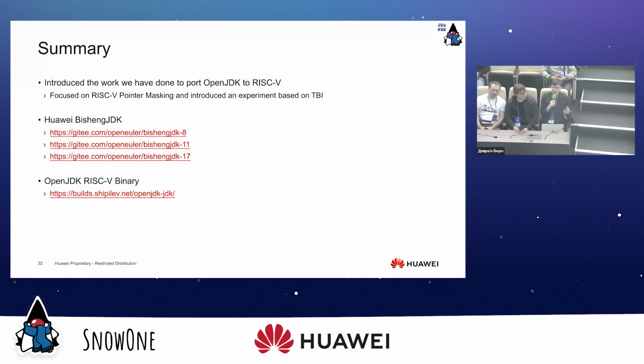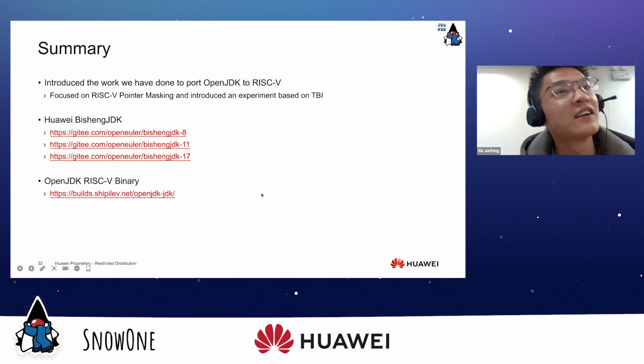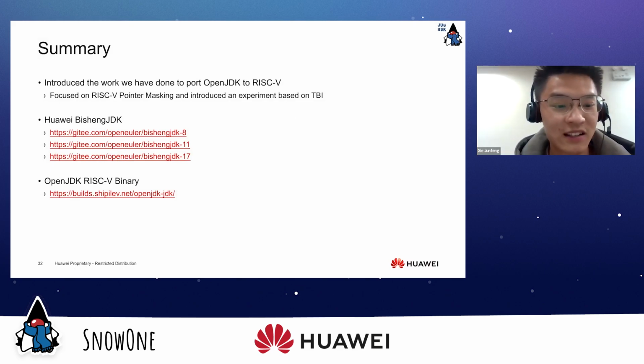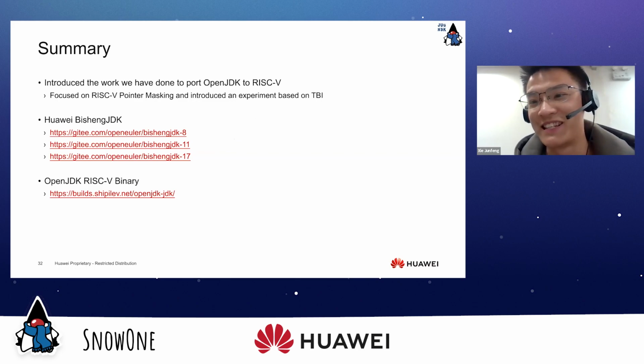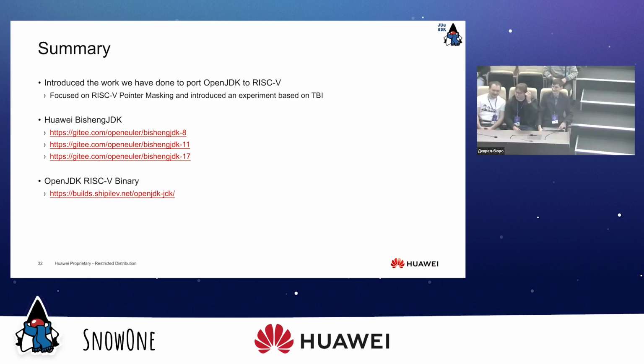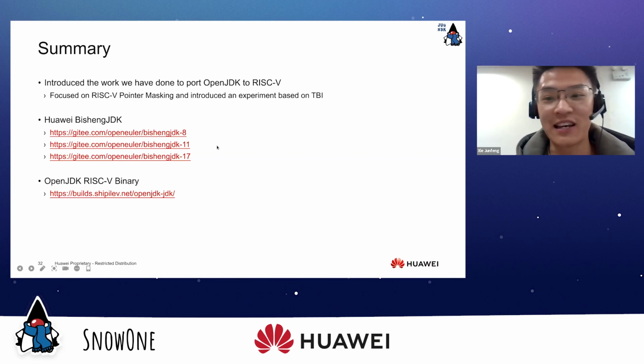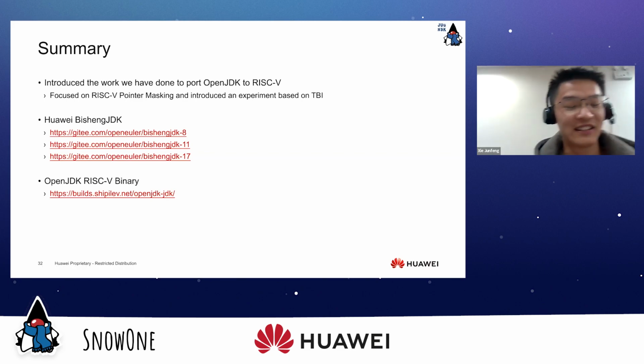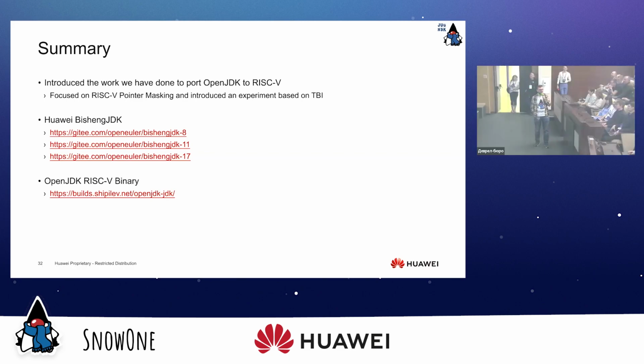While you are porting this to a new CPU, what is the favorite feature you really like? Favorite feature? Maybe it's pointer masking. Yes, because it's what I'm doing now. Nice, nice. So do we have any more questions?